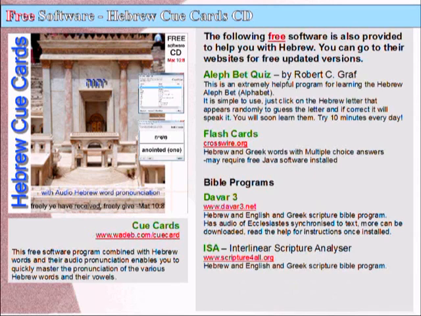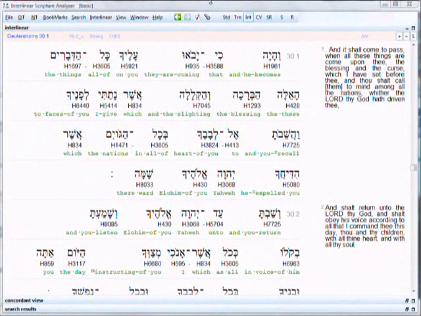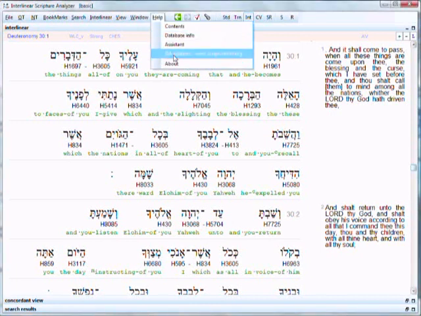ISA, or Interlinear Scripture Analyzer. Another free, helpful Bible program is called Interlinear Scripture Analyzer, or ISA, and you can download that from the Scripture for All website, scripture4all.org